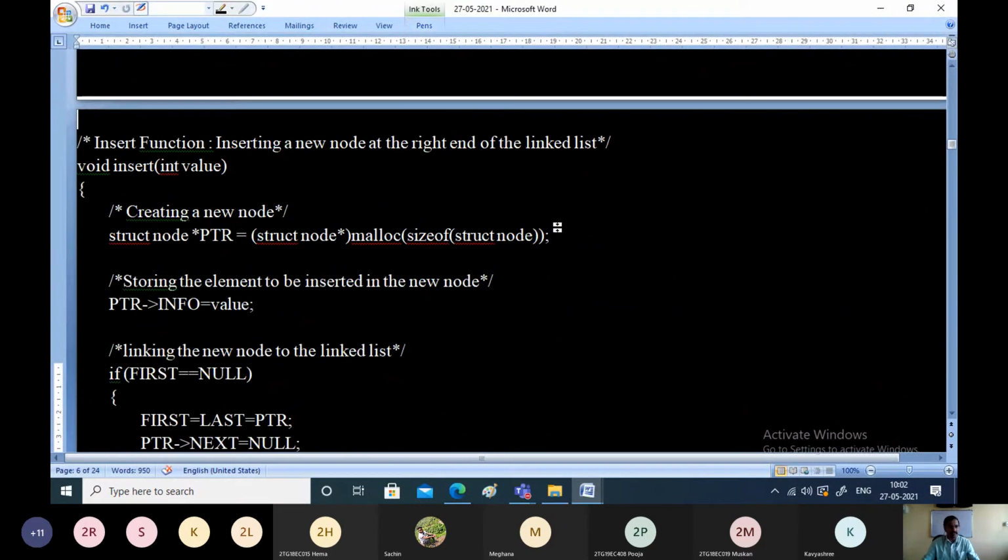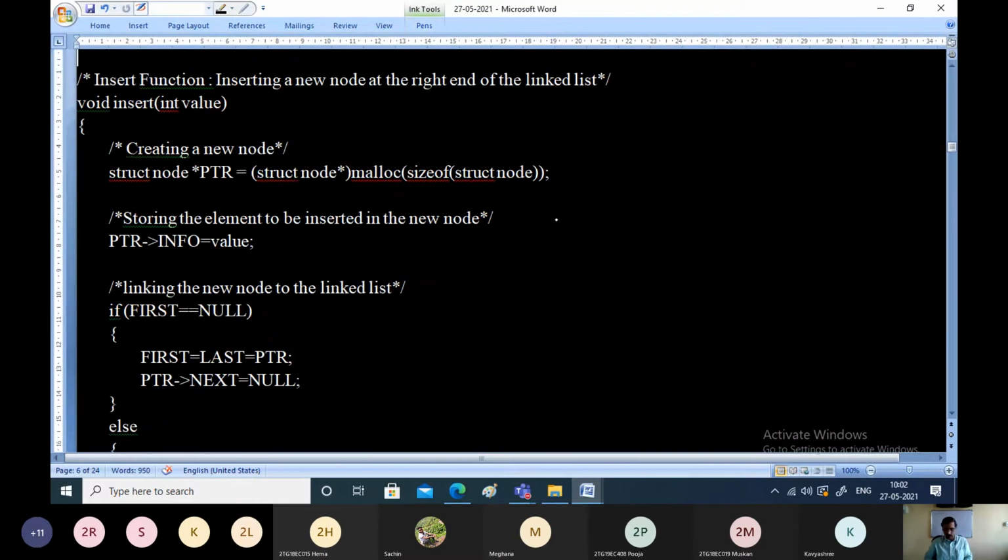Right. So this is a function to insert some nodes into the linked list. Before we insert some nodes, we know that we had declared, if you remember from the beginning, I had told you to just remember, two pointers. First was pointing to null, and last is also pointing to null.